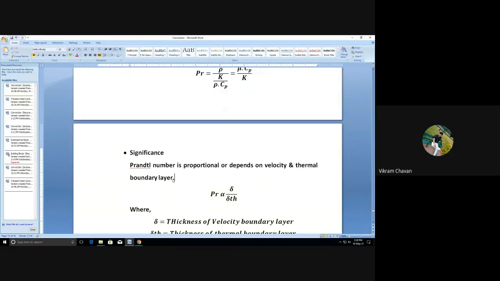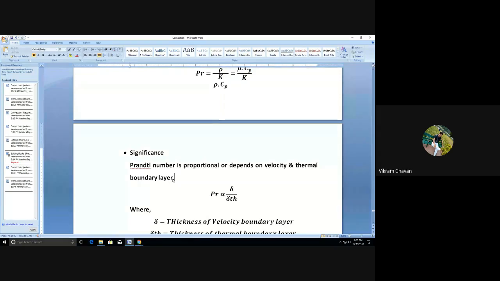So what is the velocity profile? The velocity of the fluid layers goes on changing as we move from the base, or surface of the plate, to that particular boundary. So that region we have to consider as the boundary layer region, and in that region the velocity varies with respect to y, within the y direction.